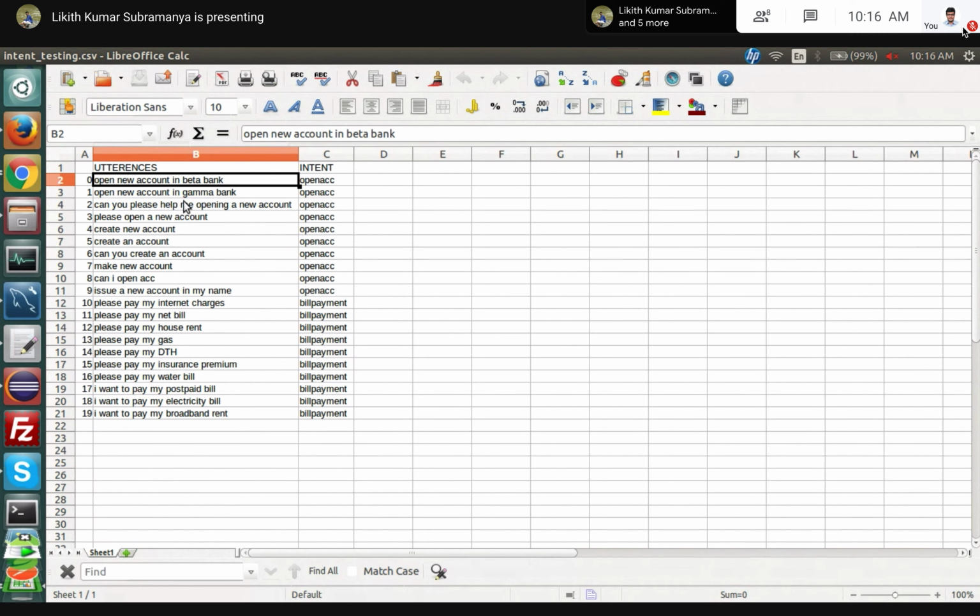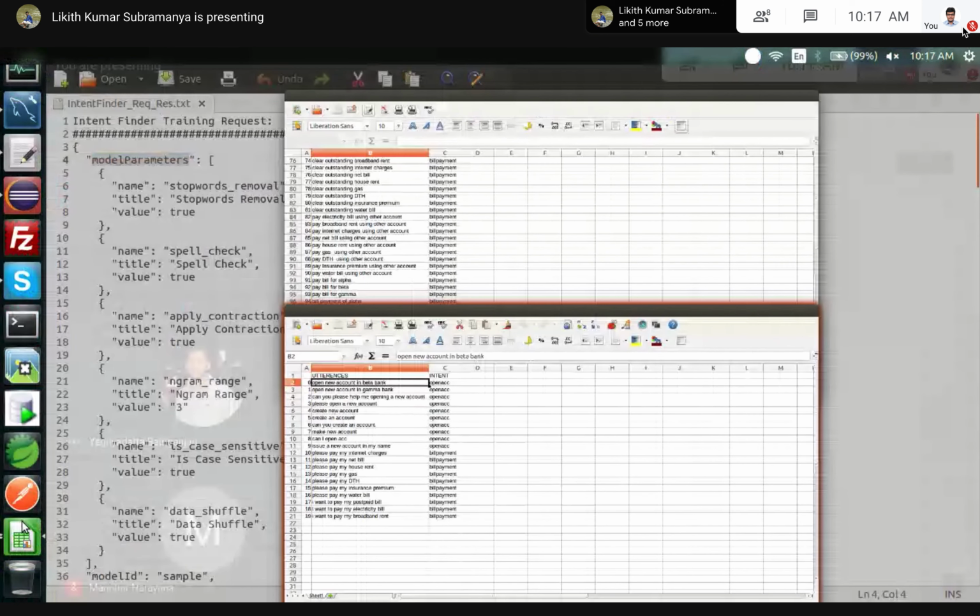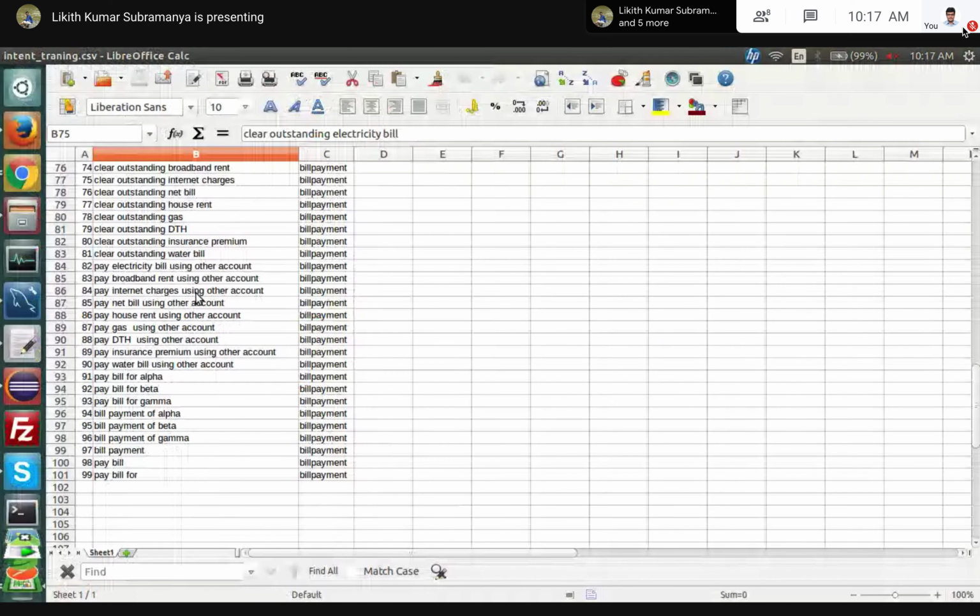Once you test with these, you will get an accuracy rate or precision rate. Once you get that rate, you can decide how good the precision or accuracy of your model is, and how to increase or decrease it. So based on the accuracy you get, you can decide the next steps. Initially, these are the two major files we need for training a model: one is the training file, and another is the testing file.